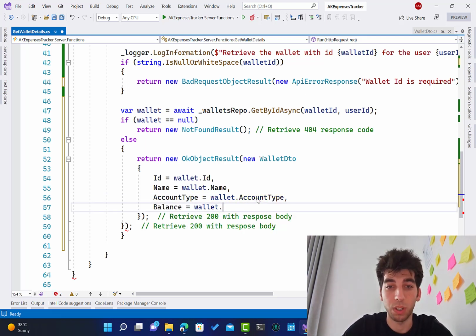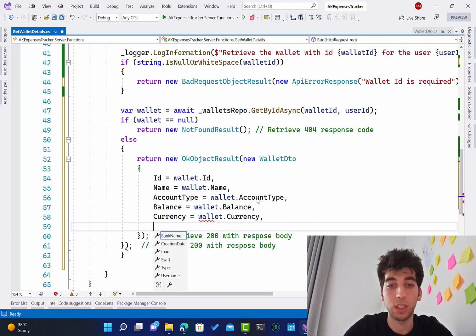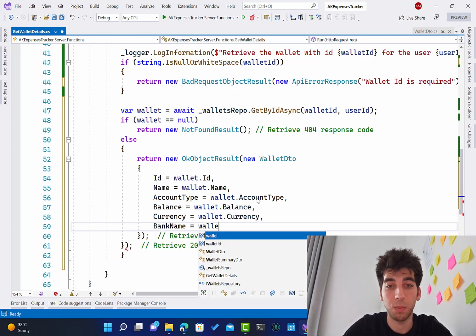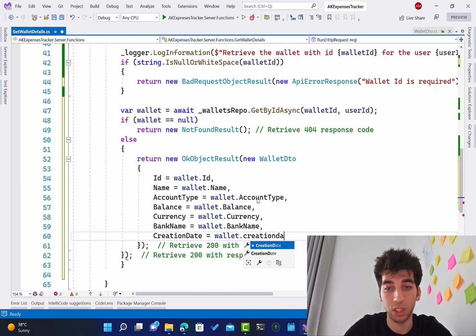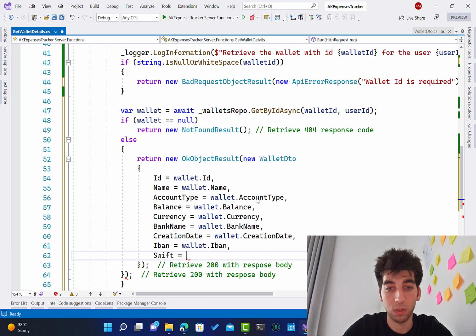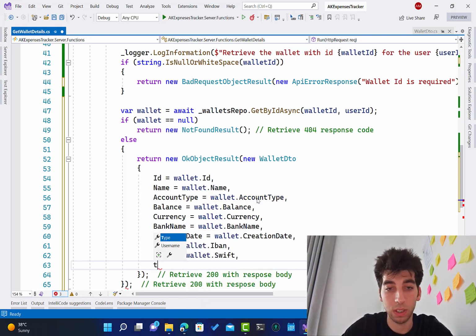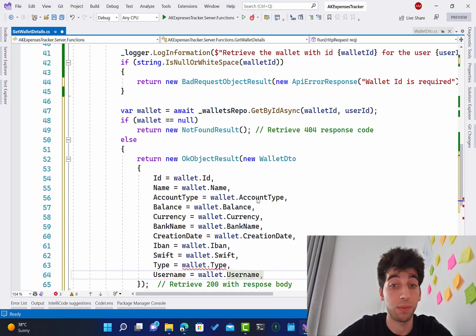Balance equals wallet.balance, currency equals wallet.currency, bank name equals wallet.bankName, creation date equals wallet.creationDate, IBAN equals wallet.IBAN, Swift equals wallet.swift, type equals wallet.type, username equals wallet.username, of course if it was PayPal. Type,